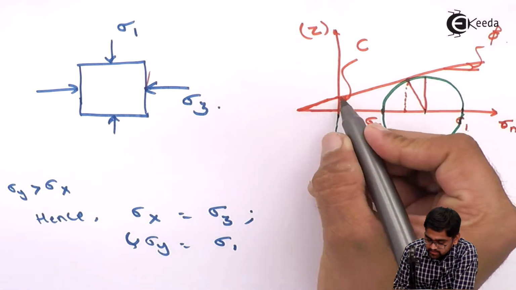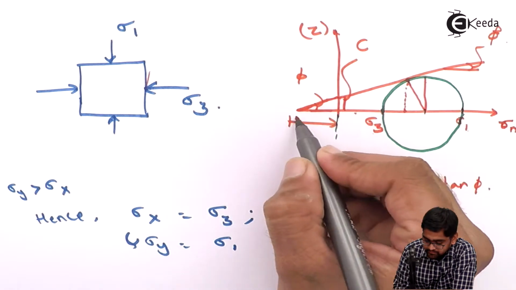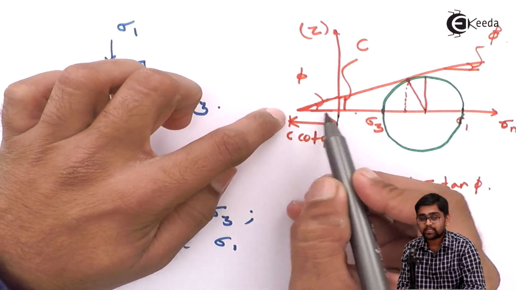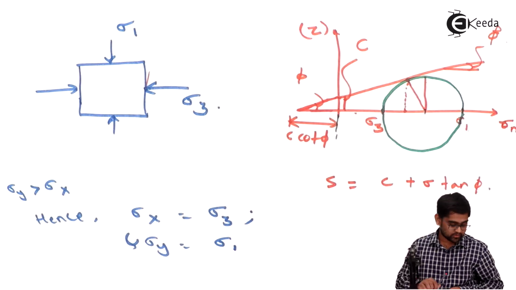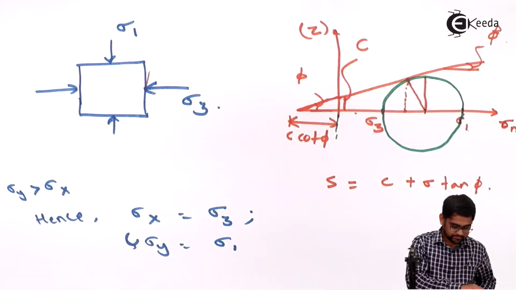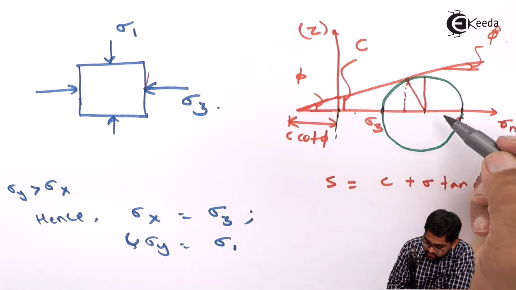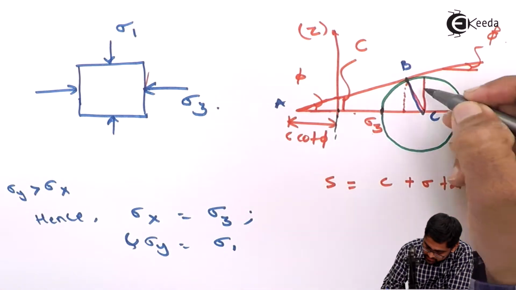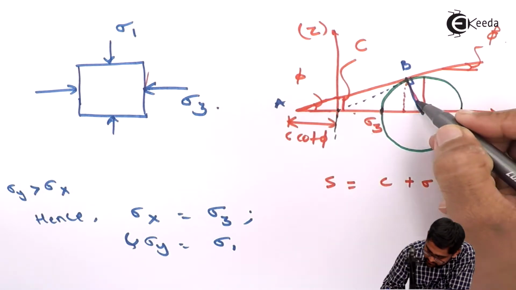And see, this is C, and if this is phi, then this becomes C cot phi, because tan phi is C divided by this, so this distance is equal to C divided by tan phi, so it becomes C cot phi. And obviously this is your sigma 3. From this point to this point it's sigma 3, and if you take this triangle ABC into consideration, this is perpendicular, and from this origin point,